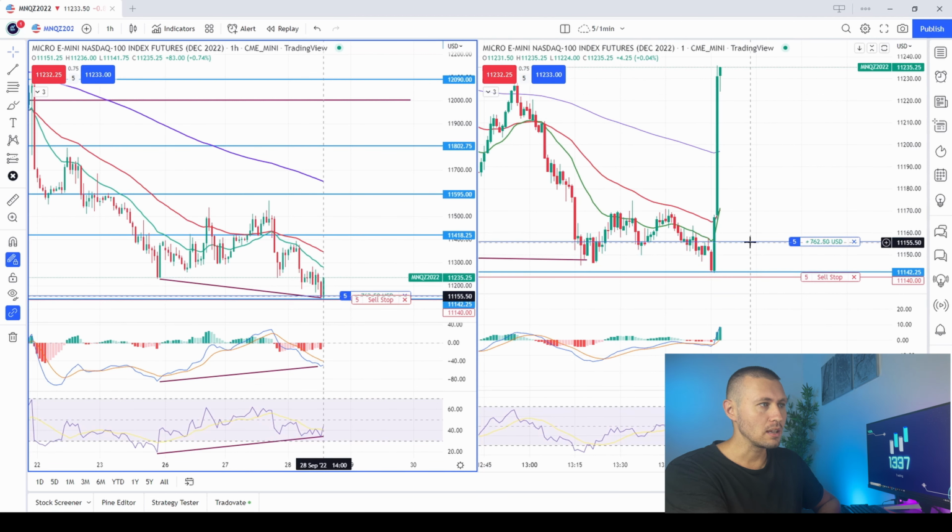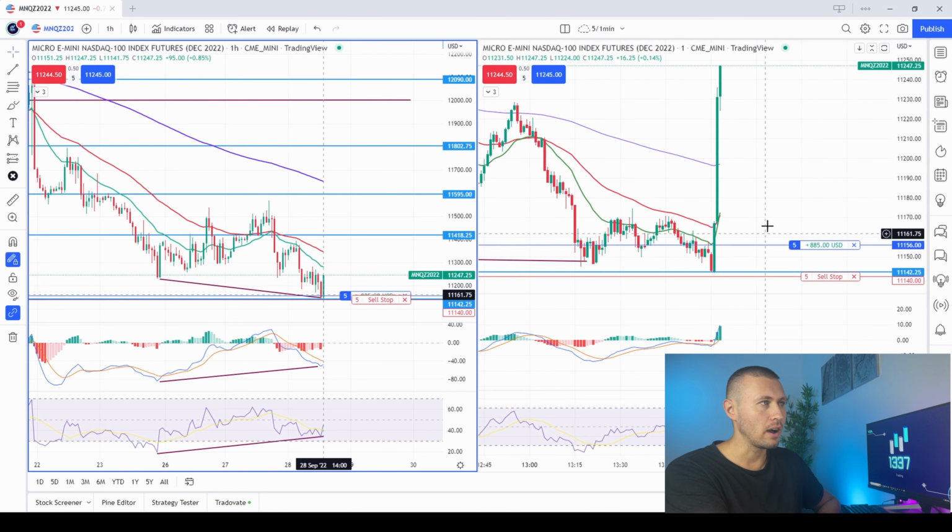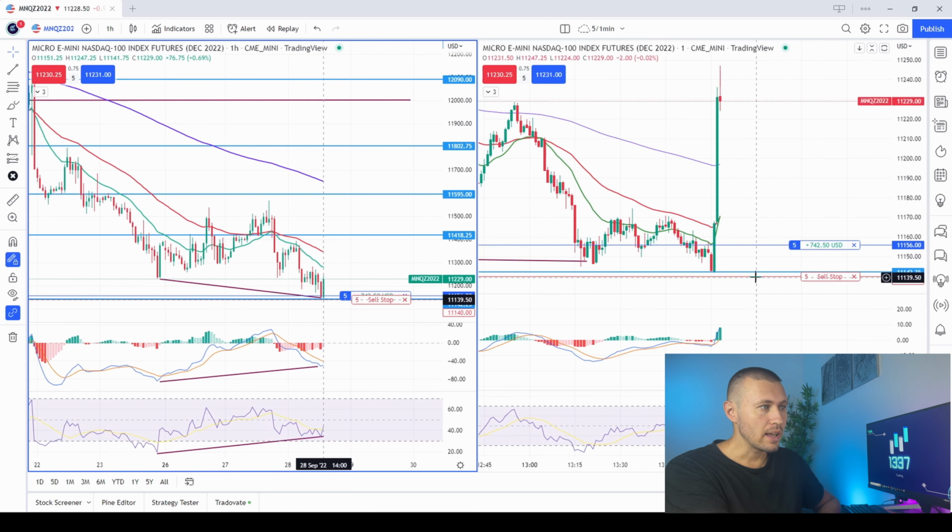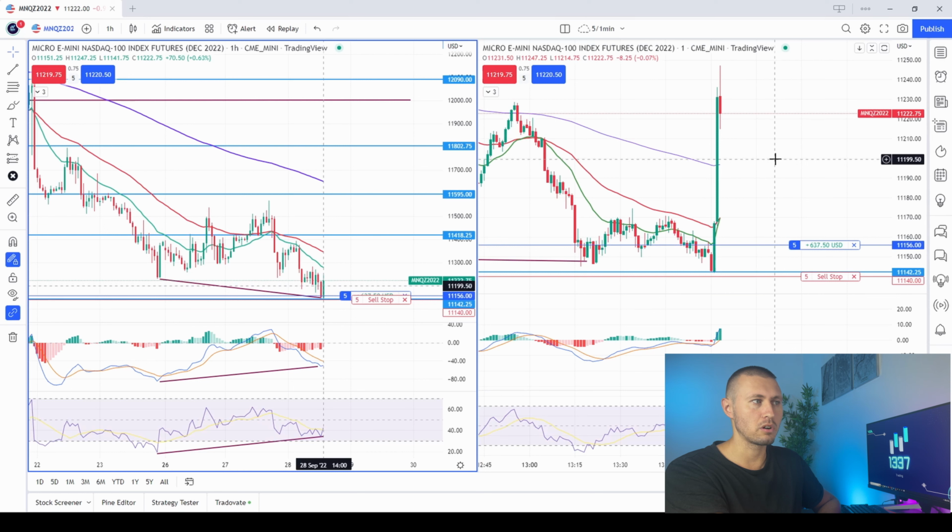So my entry is at 155. Oh my goodness, look at these candles. This is going crazy. My entry was at 155, my stop loss was at 140, so basically I was risking 15 points. That means my take profit would be somewhere around 45 points, which is 200, somewhere over here. That means my take profit should have already been taken, but I did not take profit on purpose, because